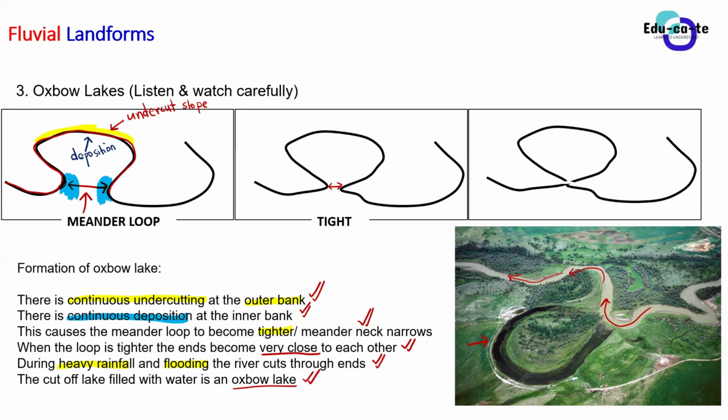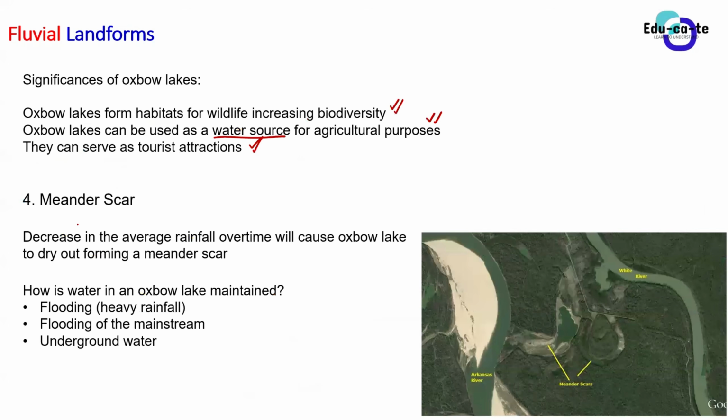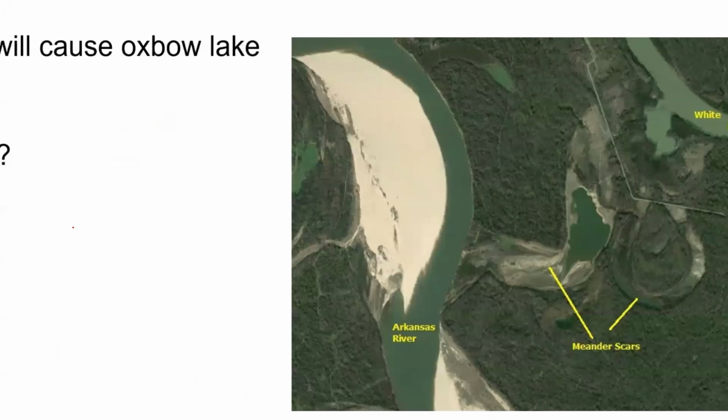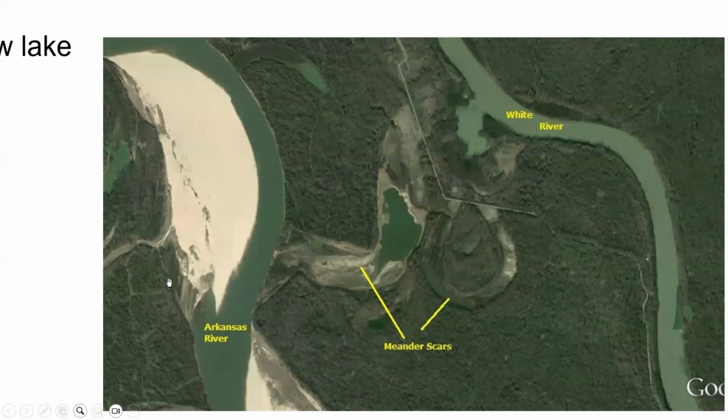And you guys know that if we go and fetch some water, and the animals drink from the oxbow lake, and we use the water for a variety of uses, this is limited water. It will end up running out. Since the water will run out, it will create what is known as a meander scar. A meander scar is just an empty oxbow lake. The one that was an oxbow lake had some water inside it, but it will become a meander scar the moment the water has run out.